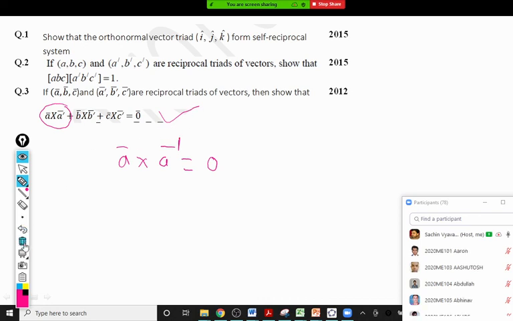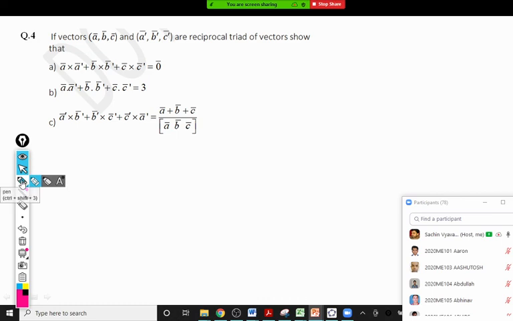Yes, sir. Okay. And now the last example. This you have to do it because we already completed it. It's not so difficult. And here is the last question. This question is never asked in the exam, but this is just for practice. This is already the first part we've seen right now only. A cross A dash plus B cross B dash plus C cross C dash is 0. You can prove it by one term. Similarly, the second term is proved the same way.